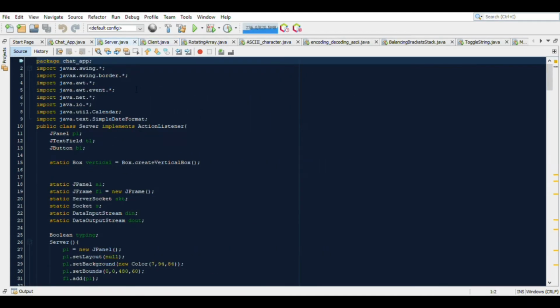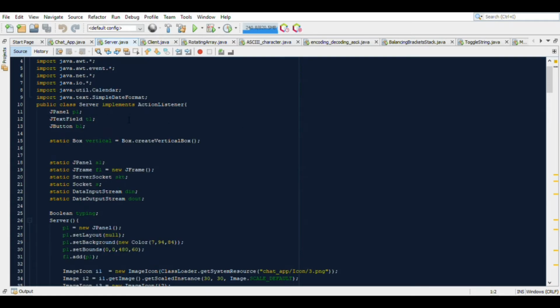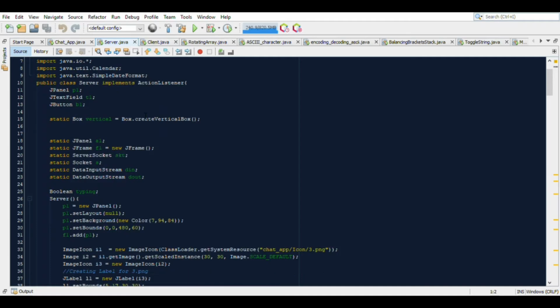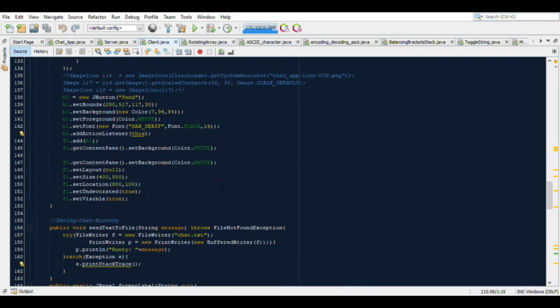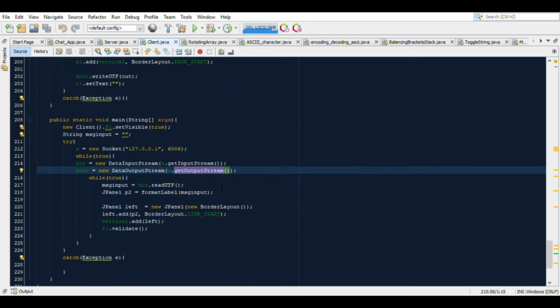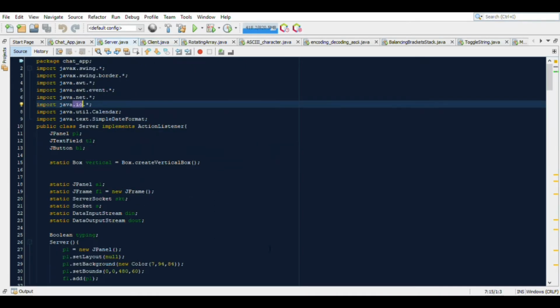In the server code, I have used various classes, functions, and methods in Java, the Swing package, and also .NET and .io for the socket connection, the server socket connection on the server side, and I have used the socket class in the client code.